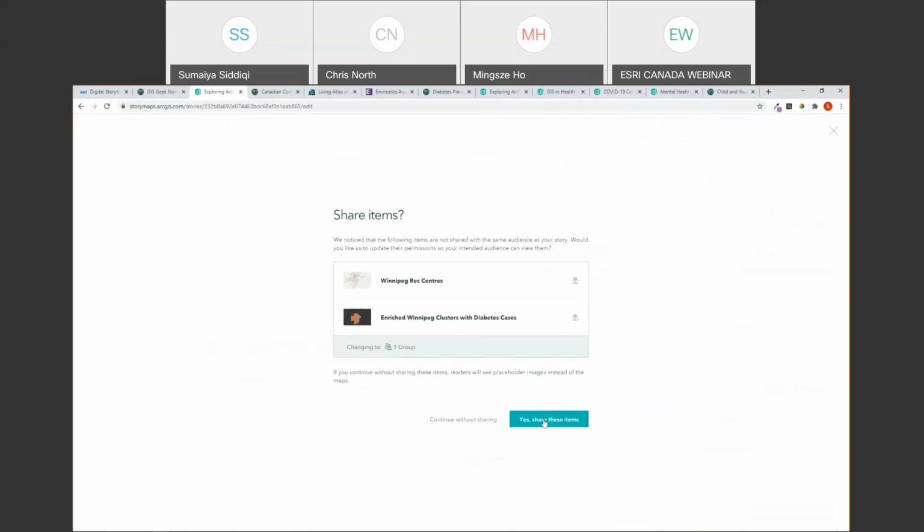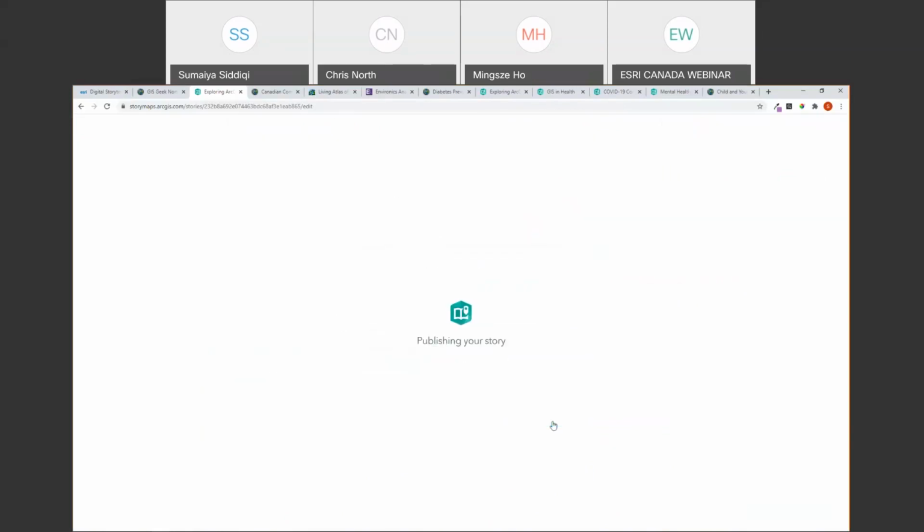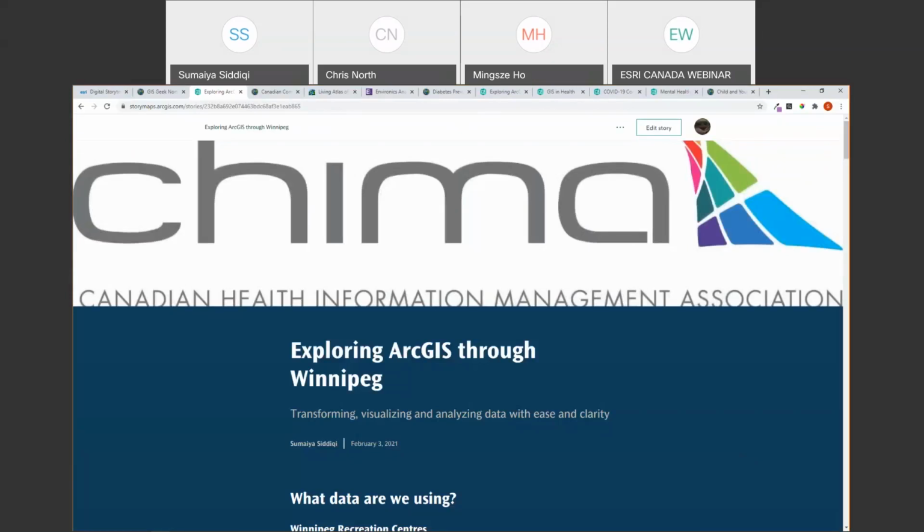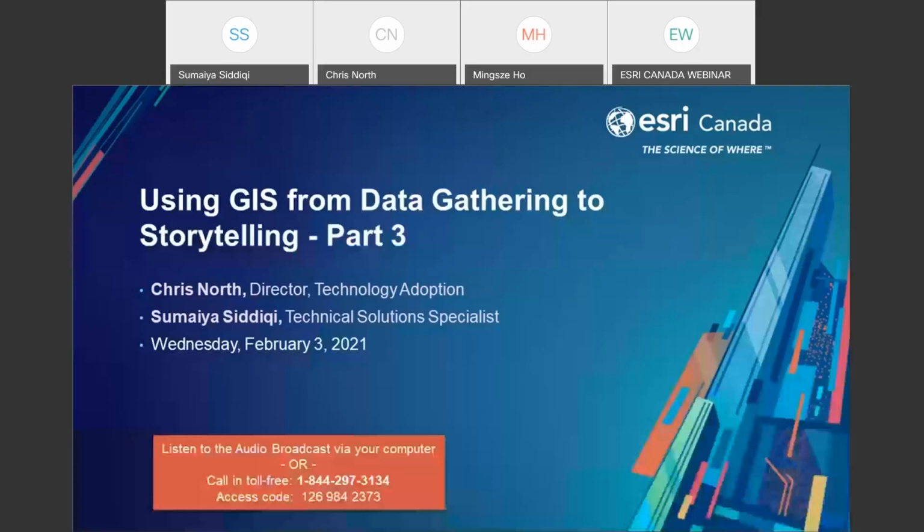It's giving me a warning that these aren't shared with the group. And so from here, I can share the items and make sure they're accessible to whoever I shared the story map with. And with that, I will stop sharing and I will turn it